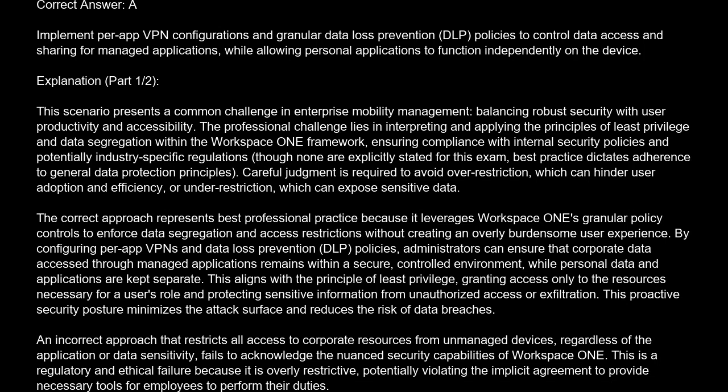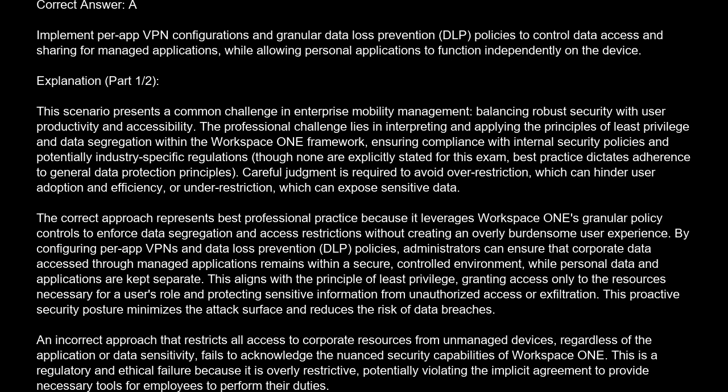Correct answer is A. Implement per-app VPN configurations and granular data loss prevention (DLP) policies to control data access and sharing for managed applications, while allowing personal applications to function independently on the device. Explanation: this scenario presents a common challenge in enterprise mobility management, balancing robust security with user productivity and accessibility. Professional challenge lies in interpreting and applying the principles of least privilege and data segregation within the Workspace ONE framework,